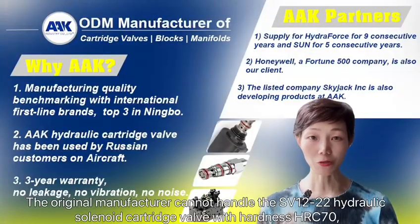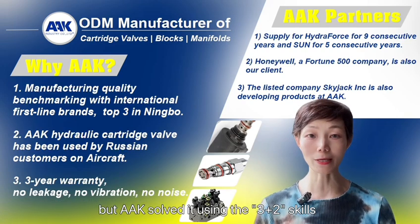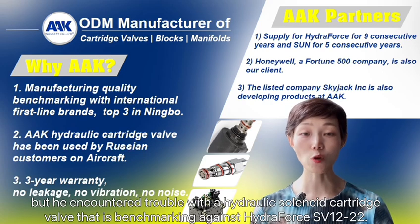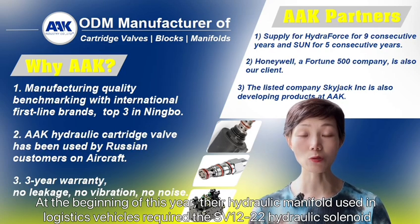The original manufacturer cannot handle the SV12-22 hydronic solenoid cartridge valve with hardness HRC70, but AAK solved it by using the 3+2 skills. Abel from Dubai, who has been purchasing hydronic cartridge valves in China for 3 years, has been running smoothly, but he encountered trouble with a hydronic solenoid cartridge valve that is benchmarking against the HydraForce standard part SV12-22. At the beginning of this year, their hydronic manifold used in logistic vehicle required the SV12-22 hydronic solenoid cartridge